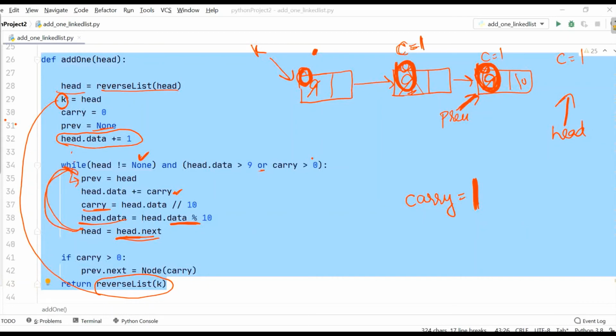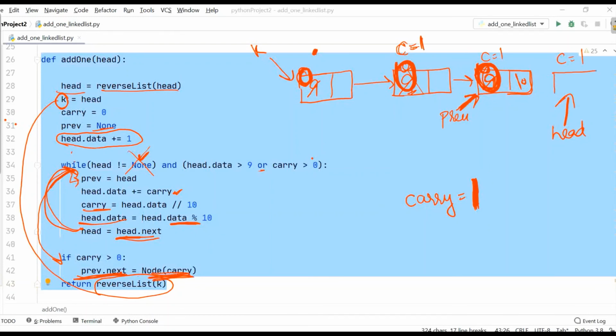Now again it will go to the while loop. Head is not equal to none, but head is equal to none. So it will not be going inside the while loop and will come out of this while loop. Now it will check whether carry is greater than 0. Yes, here we have carry equal to 1. So it says to go to previous, and on previous next, where we had none over here, replace it with a new node.